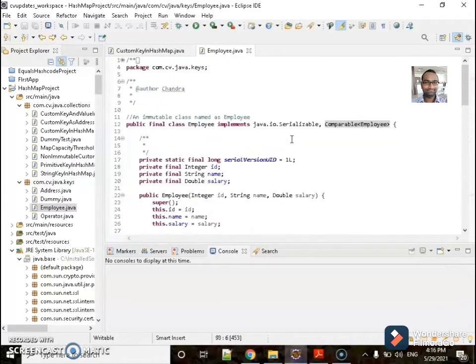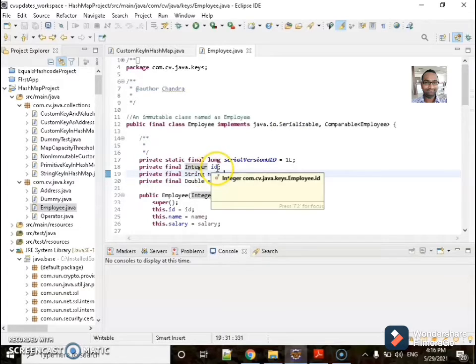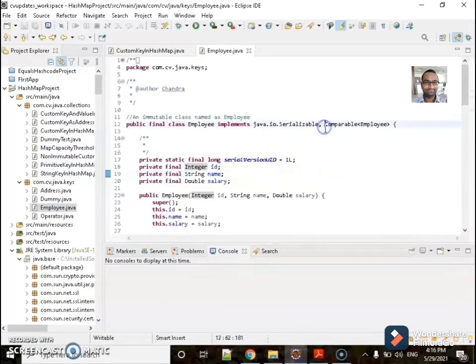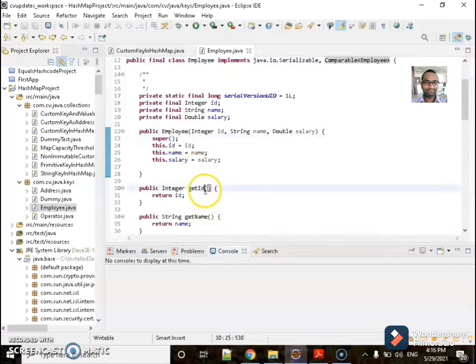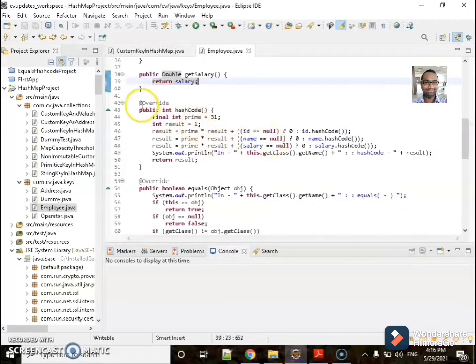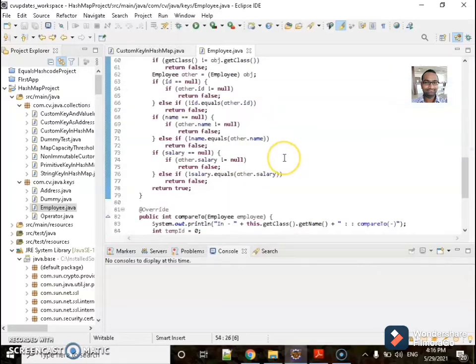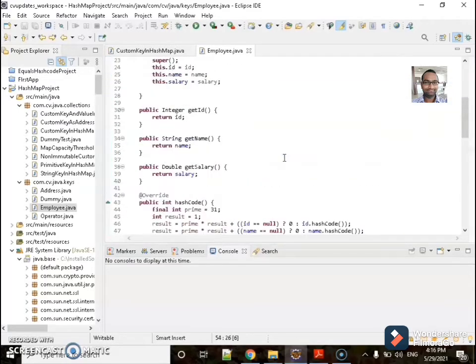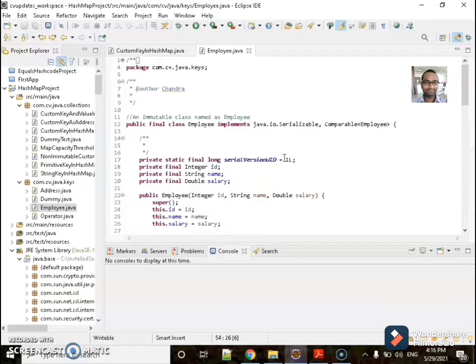I have taken multiple fields here: ID, name, salary, and I have created a constructor, written getter methods, and written hashCode and equals methods. This is my Employee class, and I am using it as a key to the HashMap.